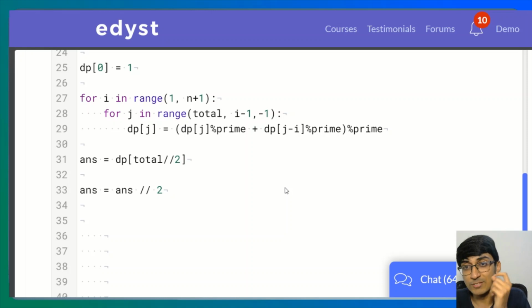And so to do division under a modulo is not the same as just using this commutative property of answer modulo prime divided by 2 modulo prime, the whole thing modulo prime. That's not the same thing. What you do is you multiply by the modular inverse of 2. So what you're going to do is you're going to multiply by the modular inverse of 2 under the